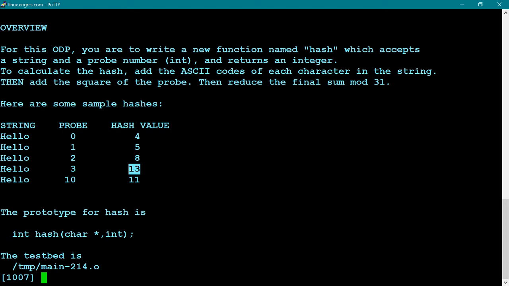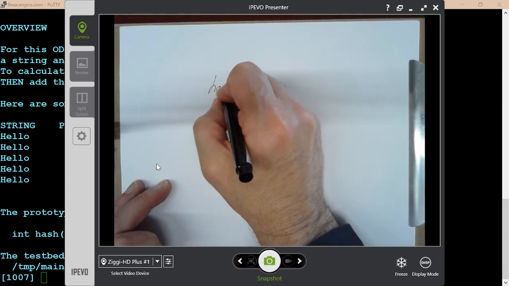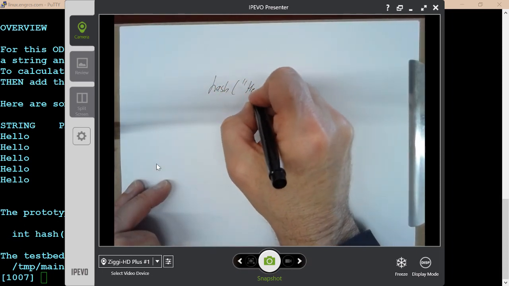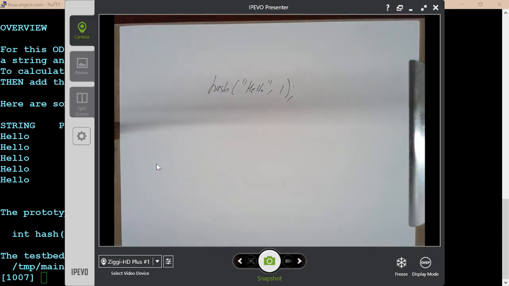You're going to get an extra 10 on there because a newline is character 10. So it's good to test these things just by calling the hash function directly. Right, so that would hash hello with a probe value of 1. See if it gives you the right result.